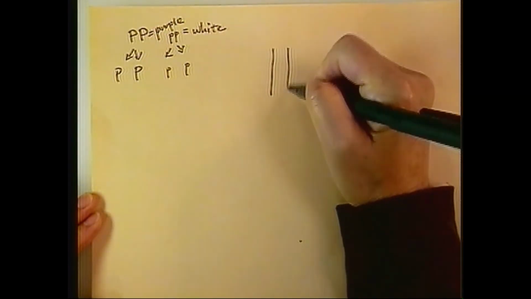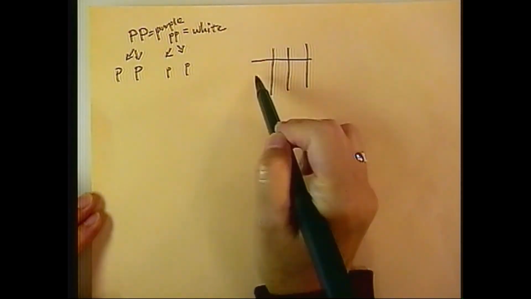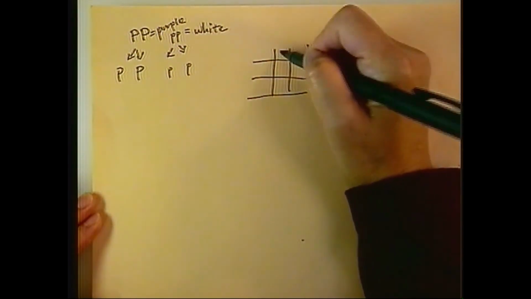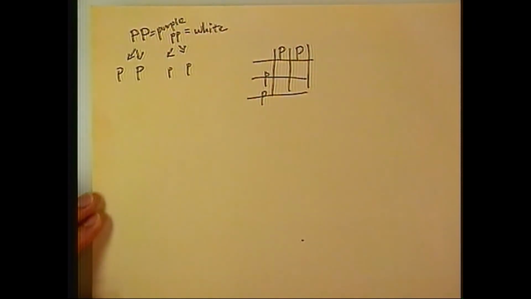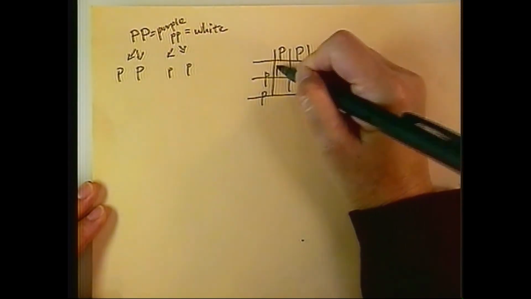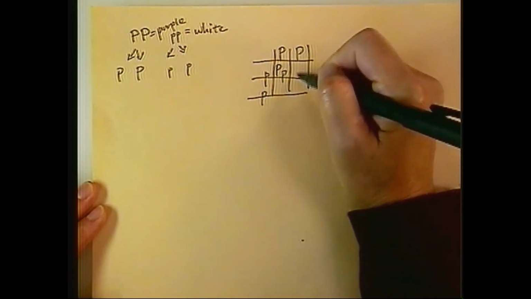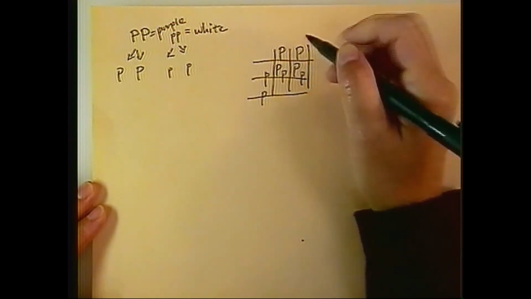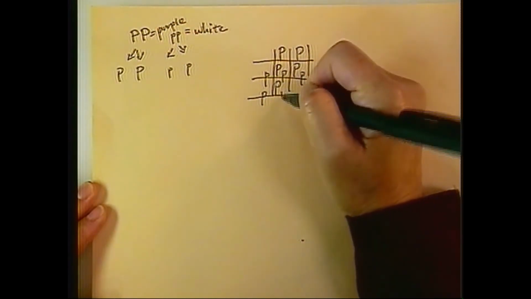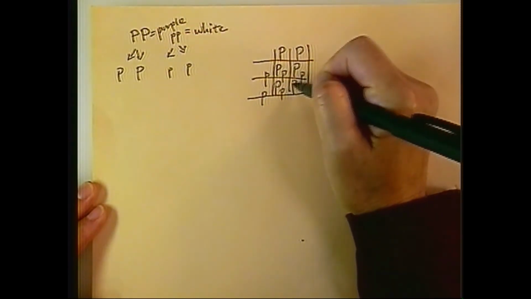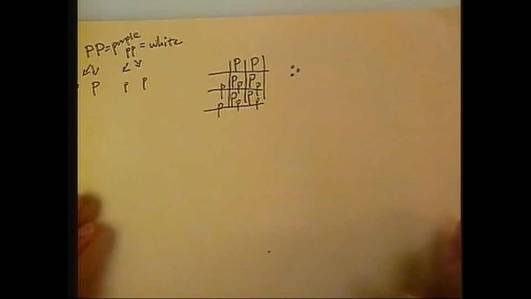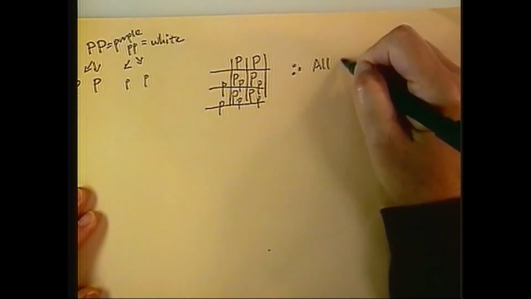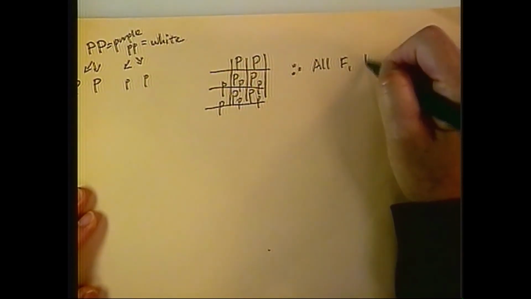To make a Punnett square, you just make a little square like this. One parent along this way, the other parent along this way, with the different kinds of alleles they'll come up with. So you bring this one down, this one over, this one down, this one over, and so on. Therefore, all the F1